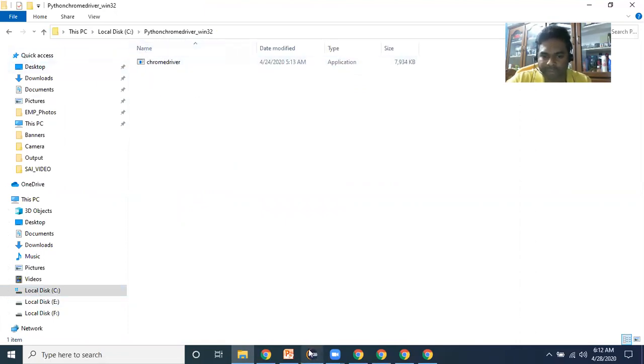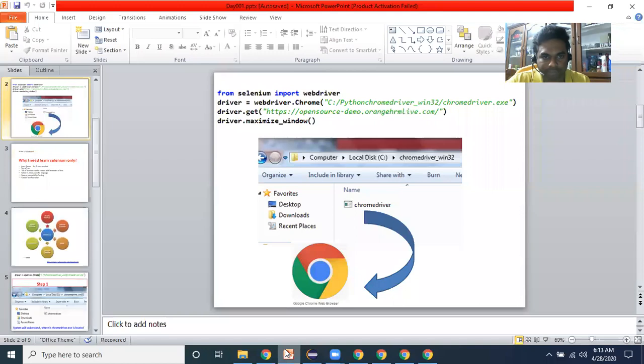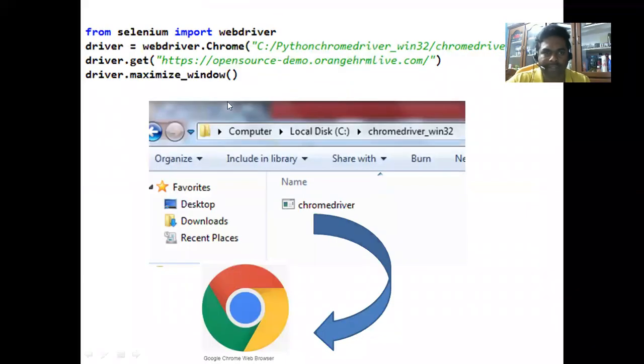The web driver is the mediator between our Selenium program and the browser. This chromedriver.exe will pass each and every instruction to the browser. That's why it is called a mediator or interface between our Selenium program and the browser. If you see this diagram also, you can easily understand.